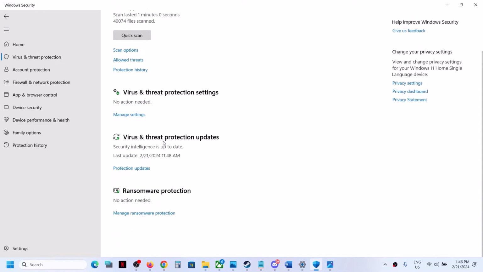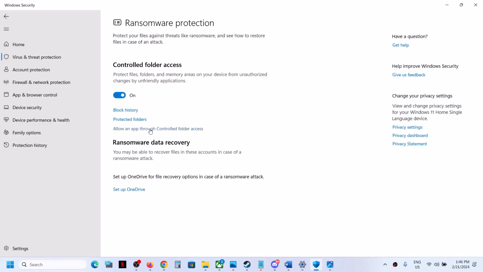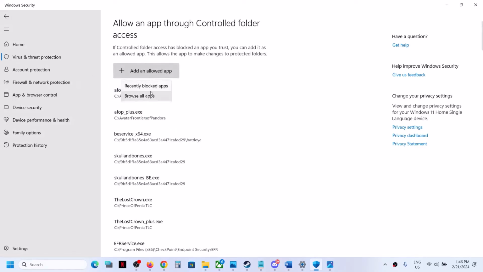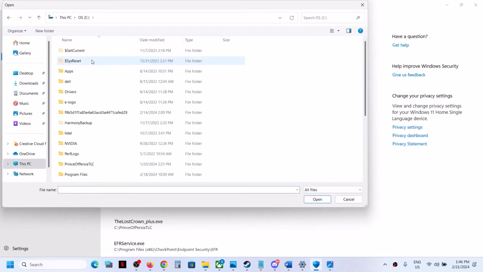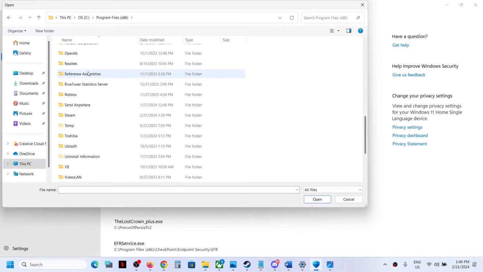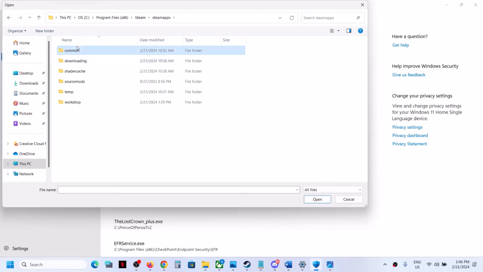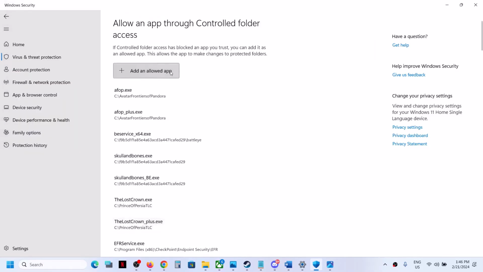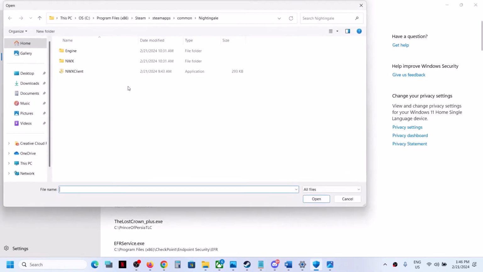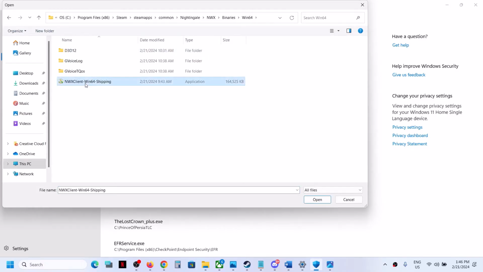threat protection. Scroll down at the end, click on manage ransomware protection and then click on allow an app through controlled folder access. Click on yes to allow and then click on add an allowed app, browse all apps, go to the game installation folder. If the game is installed in C drive, open C drive, program files x86, open the Steam folder, open the steamapps folder, open the common folder, open the game folder, select the game exe file, click on open. Again click on add an allowed app, browse all apps, open nwx folder, binaries win64, select this exe file, click